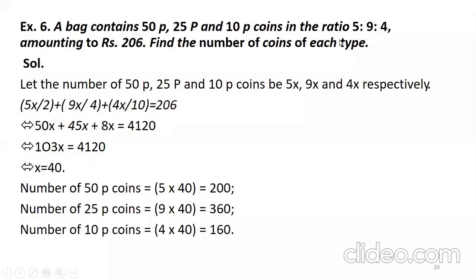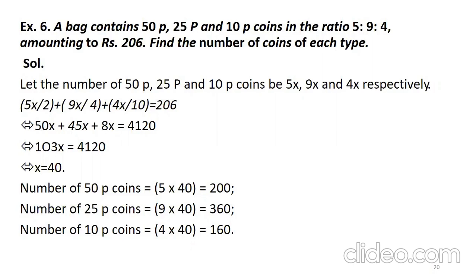Sixth example: a bag contains 50 paise, 25 paise and 10 paise coins in the ratio 5:9:4 amounting to rupees 206. Find the number of coins of each type. Here there are two ratios involved. What are they? One is the value ratio, that is the denomination, and another one